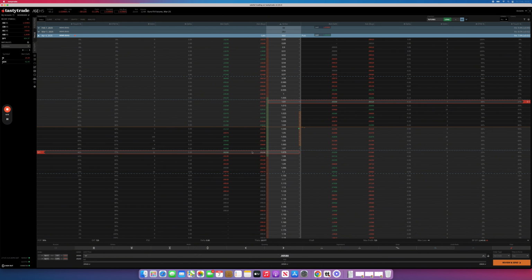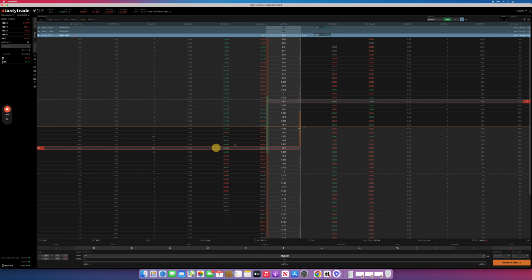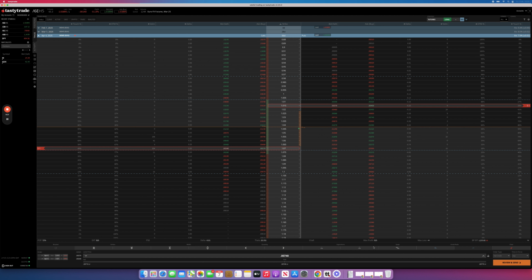Well, we just be more aggressive. So let's say we go to the 20 delta on either side. What you'll notice now is that we're now collecting $925. So our premium has increased, but our buying power requirement hasn't really increased that much. It's at about just over 1.2k, so about another $100 or so. So we're getting very close to a 100% return on our capital now,